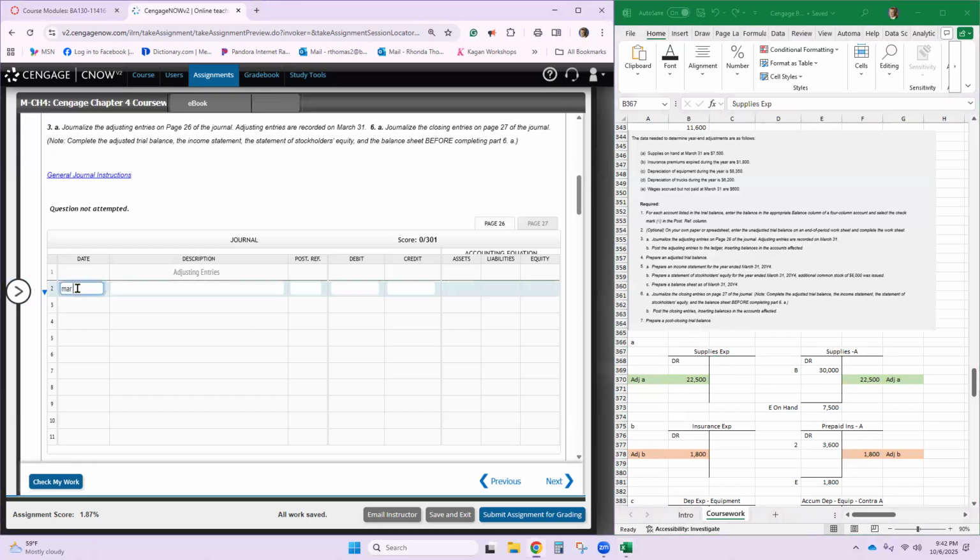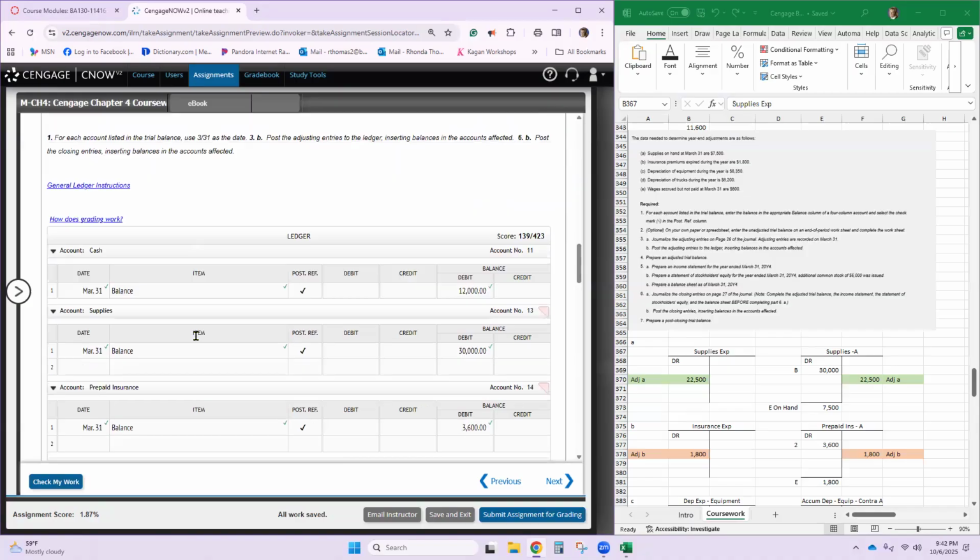All of these entries will be March 31st. So we're going to put supplies expense. We're going to do this just like we did our other problem where we were using the ledger. We'll come back and put our post entry in once we've posted to the ledger. So we're looking at $22,500 and $22,500 again. So this is supplies, $22,500. Okay. Now let's post.